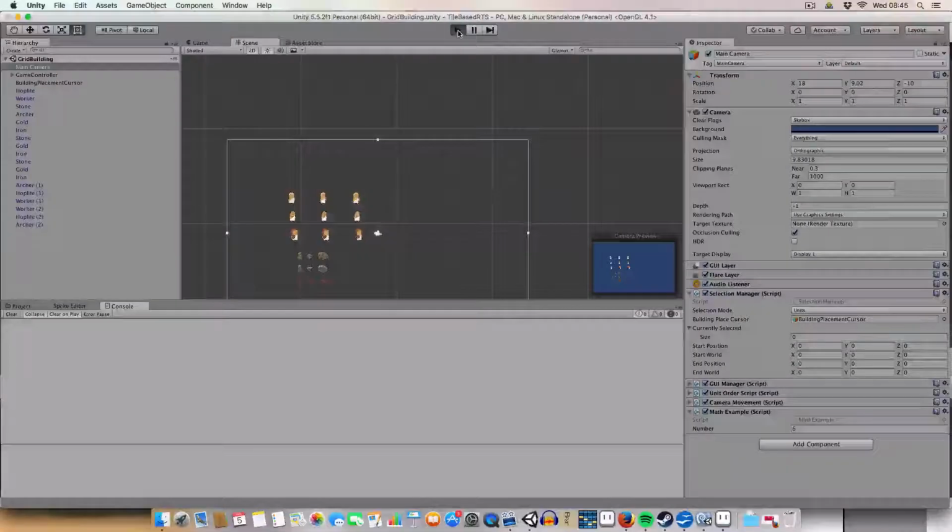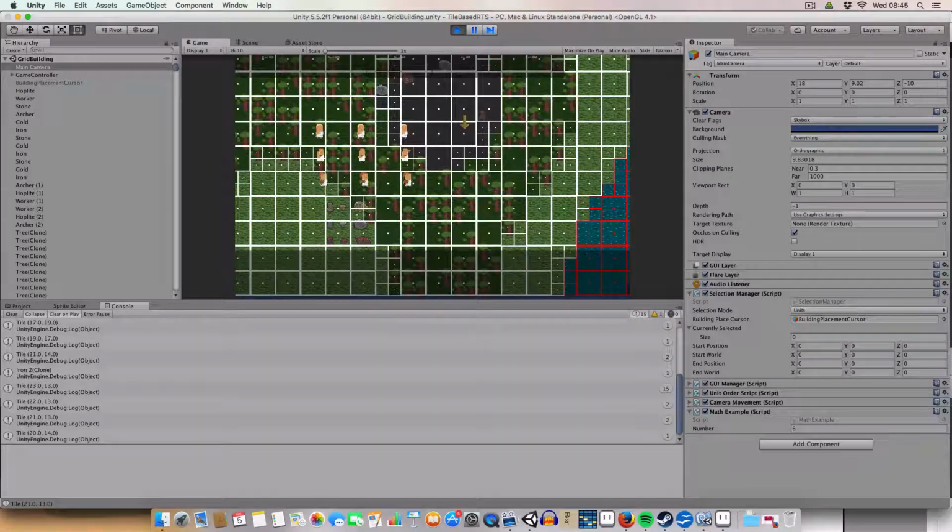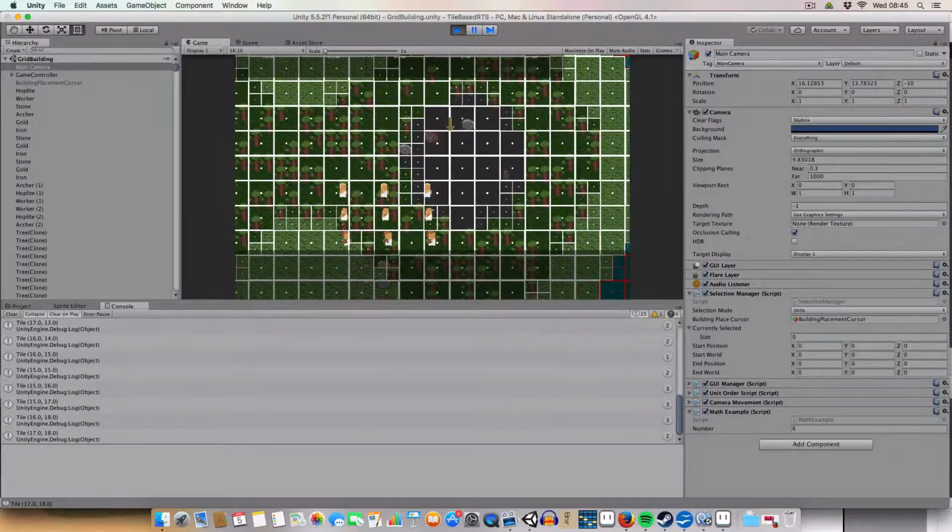Alright, hello and welcome back to my real-time strategy in Unity tutorial. Today we're going to be covering a couple of pathfinding optimizations and improvements, because if you were watching last time